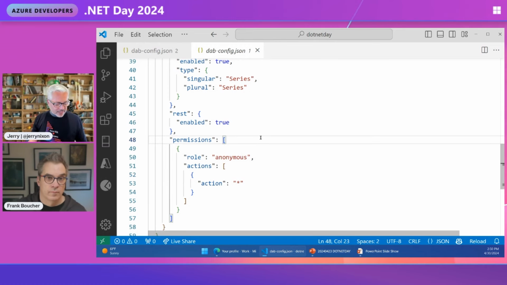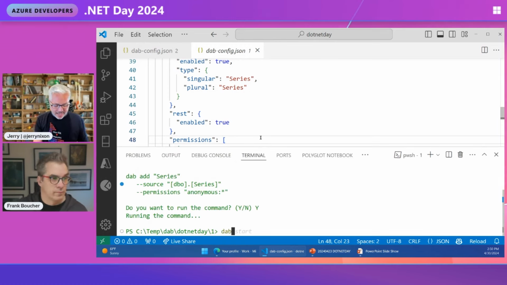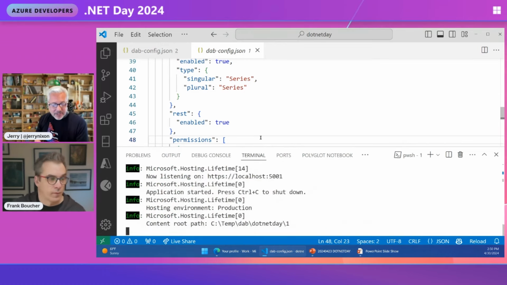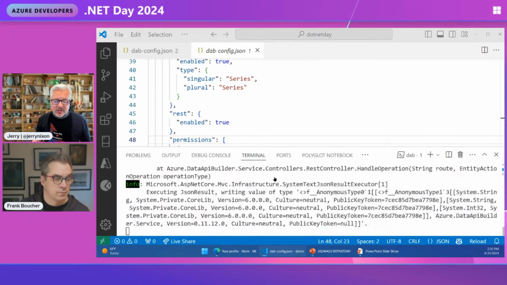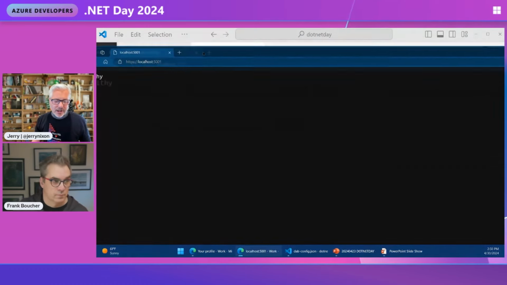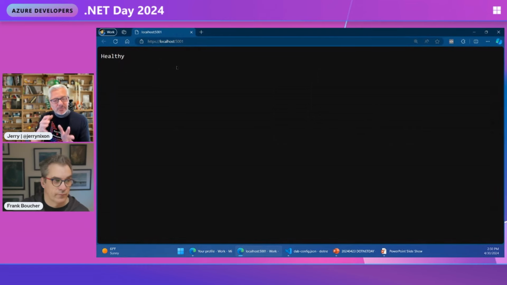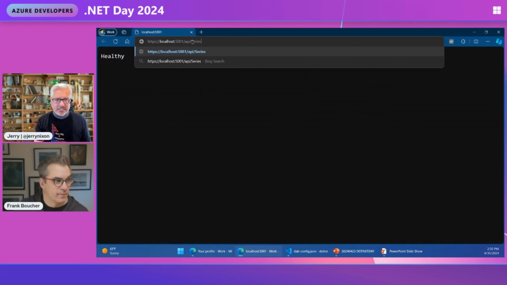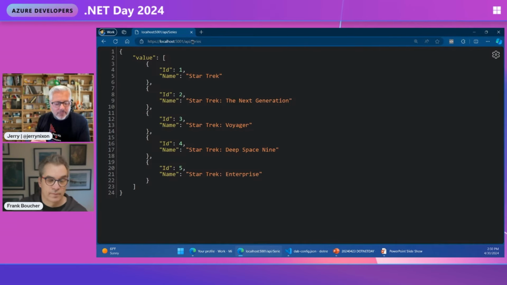Now, if I were to run this, the CLI command is simple, dab start. It reads the config file that's built in, automatically deploys it, gives you an endpoint and a port. My dynamic port was 5001. So if I click on this, it'll launch. I launched it in another window here, but I'll show you. It launches a browser, and that browser takes me to the root where it says that it's healthy, basically that everything is configured correctly. And then I say api/series, and it gives me the list of all of the series,